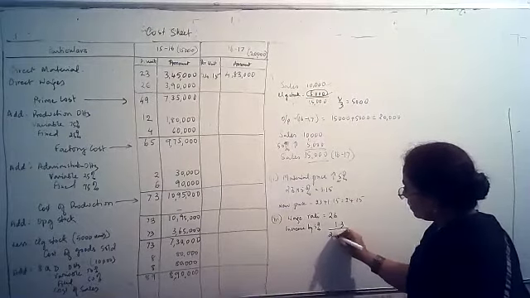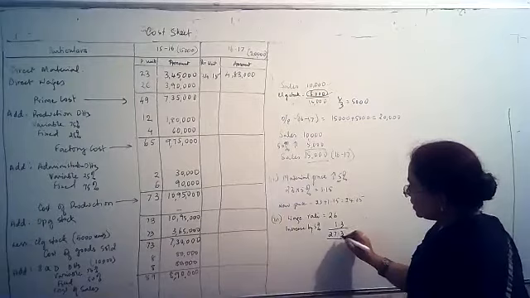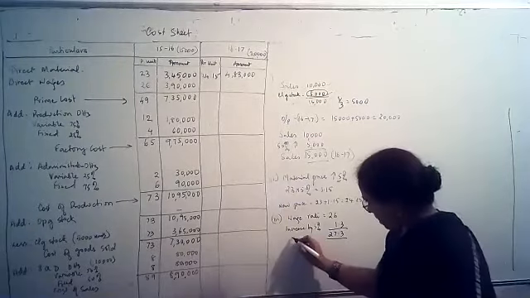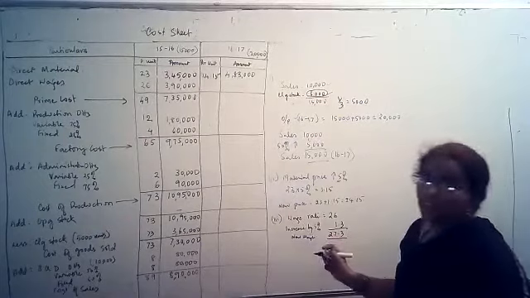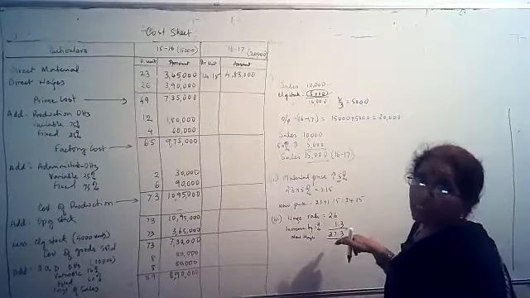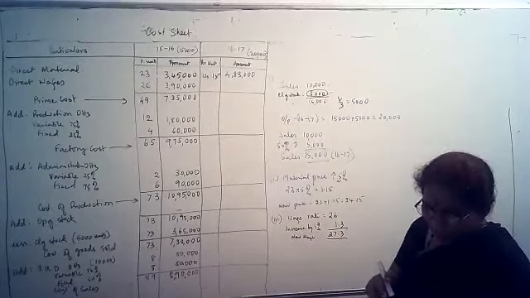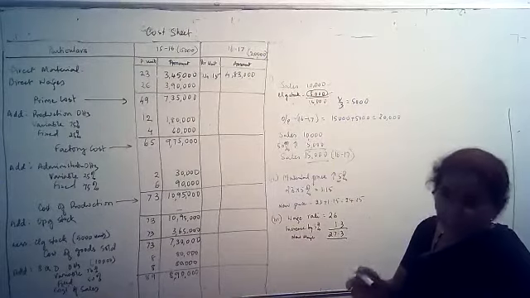Add up, 27.3. This is the new wage rate, right? New wage rate. However, this is not the wage rate which you are going to pay. What they say is the direct labor efficiency will decrease by 4%.